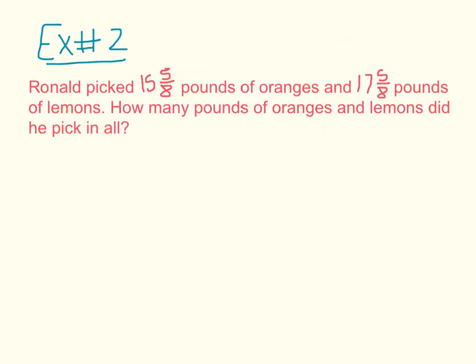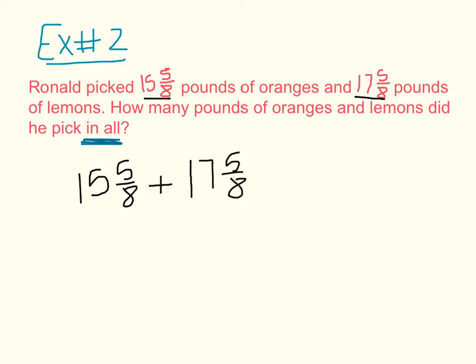Okay, example number 2. Ronald picked 15 5/8 pounds of oranges and 17 5/8 pounds of lemons. How many pounds of oranges and lemons did he pick in all? And there's my key word, in all. Tells me I'm going to have to add those two numbers. So I have 15 5/8 plus 17